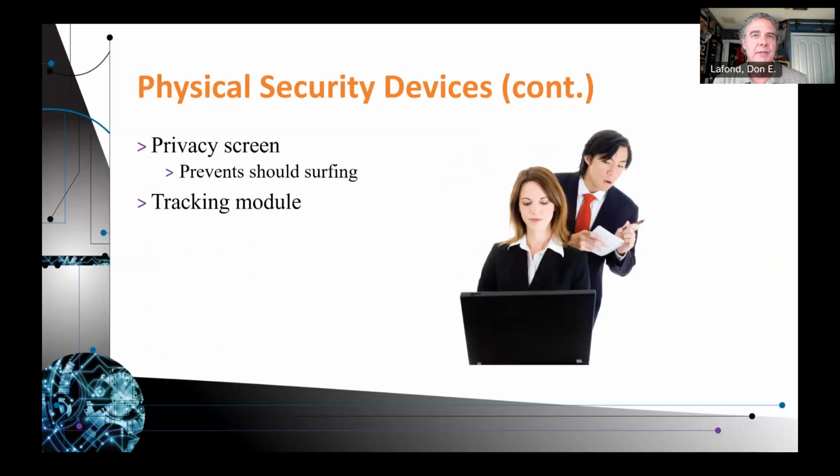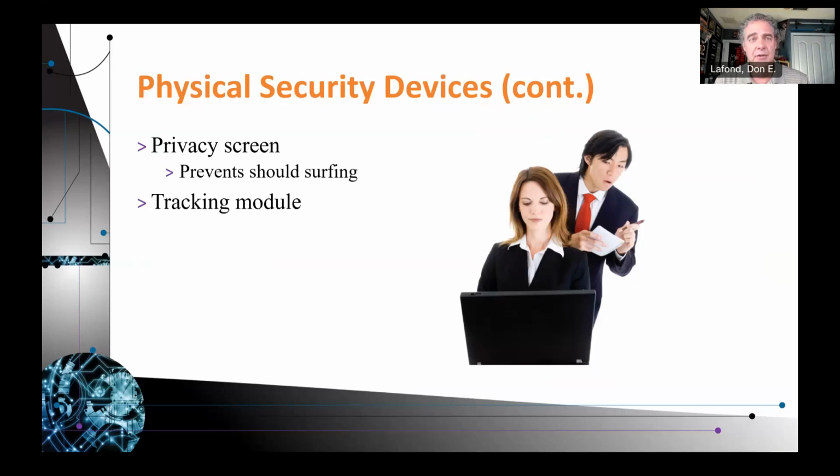Physical security devices include maybe having a privacy screen, maybe the monitor itself has a built-in feature that makes it hard to read from anybody that's not directly in front of it, or it could be like a screen that goes on a window at your home, except this kind of screen doesn't block your view of the data when you're looking straight on, but it stops everybody from looking from different directions.